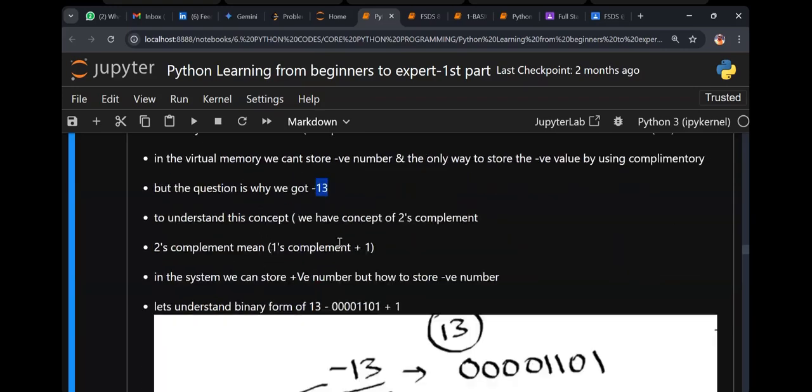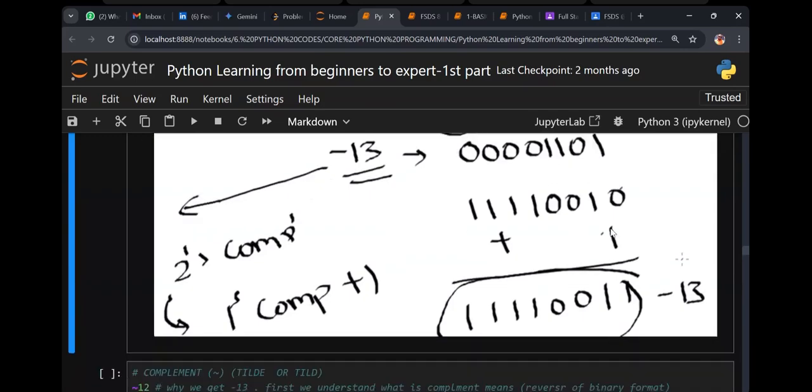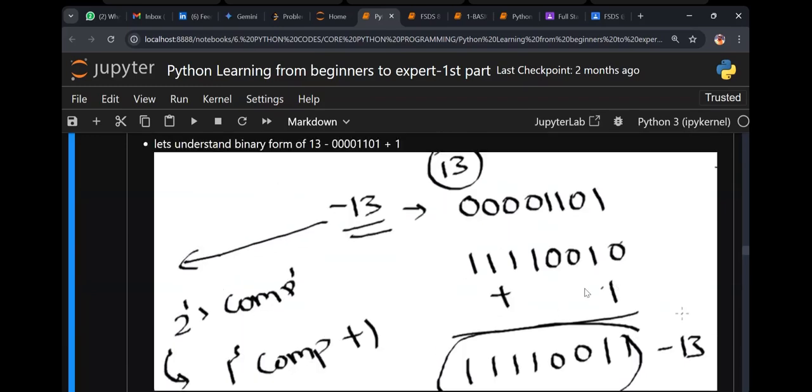To understand this concept, we have a concept of 2's complement. What is 2's complement? 1's complement plus 1. Okay, I know. Let's go back now. Here, 0, 0, 0, 0, 1, 1, 0, 1. So 1, 1, 0, 1 is 13 or not, guys? Try to do this. So 0 complement is 1. 1, 1, 1, 1, 0, 0, 1, 0.